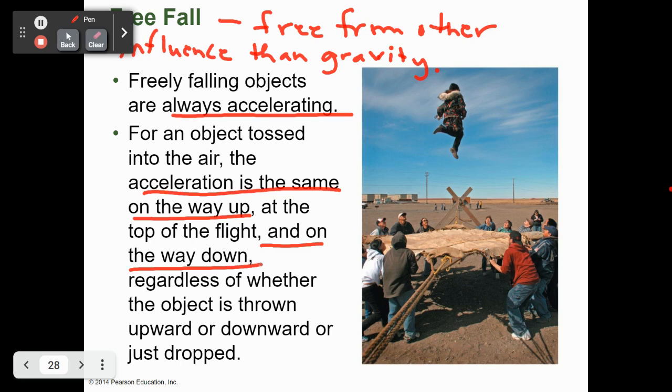Wait, what? So what if I chunk the ball up? You chunk it up? Yeah, as hard as I can. Wouldn't the acceleration... We'll probably get to that one. But we talk about if you chunk it, is it necessarily in free fall? When is it in free fall? So when we're talking about free fall, we're talking about the only influence on it being gravity. Okay? So keep those things in mind. Then we'll start doing some problems and looking at different aspects of it.